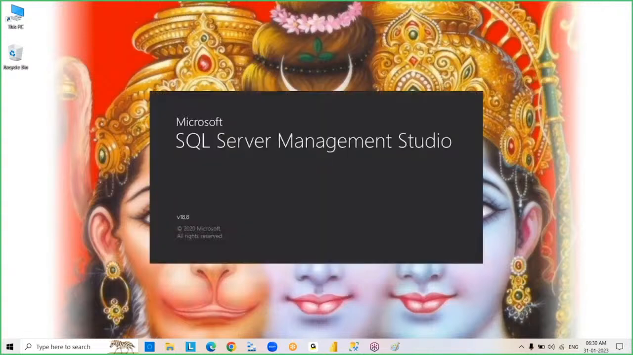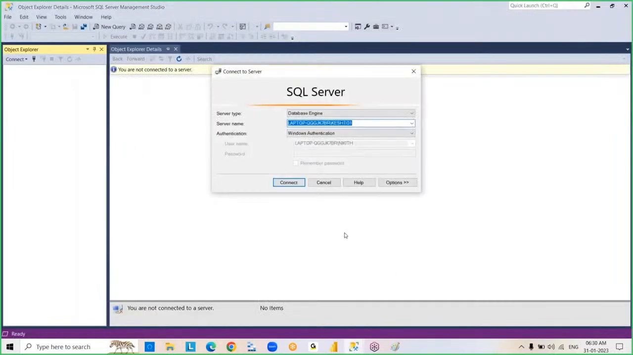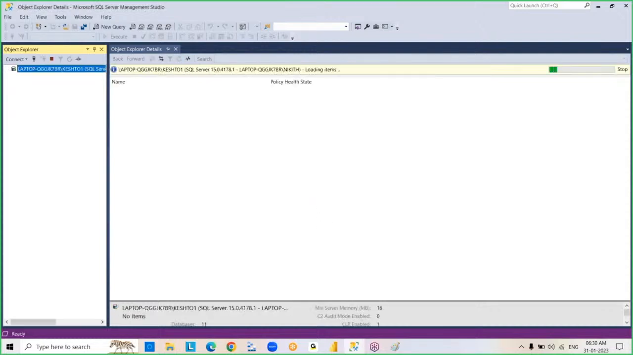Enrolled participants, you can talk to the training team. They will give you access to SQL installation videos so that you can complete the SQL Server installation. See this, this is the Management Studio environment. This is your server. So now just click on the connect button. So we connected to